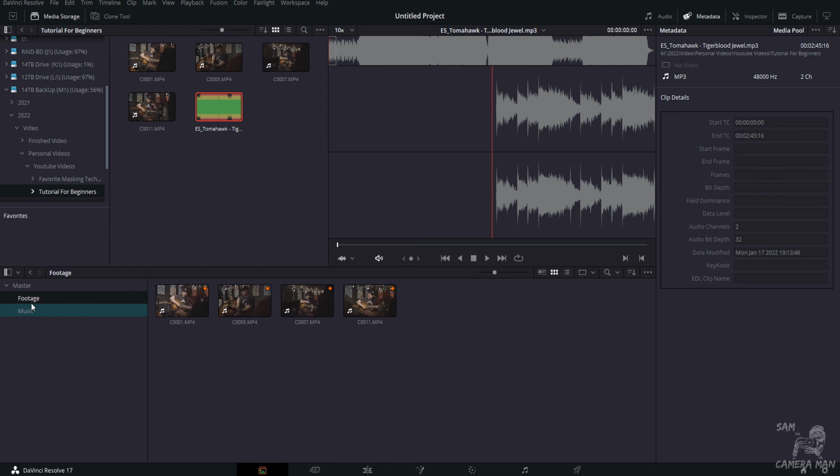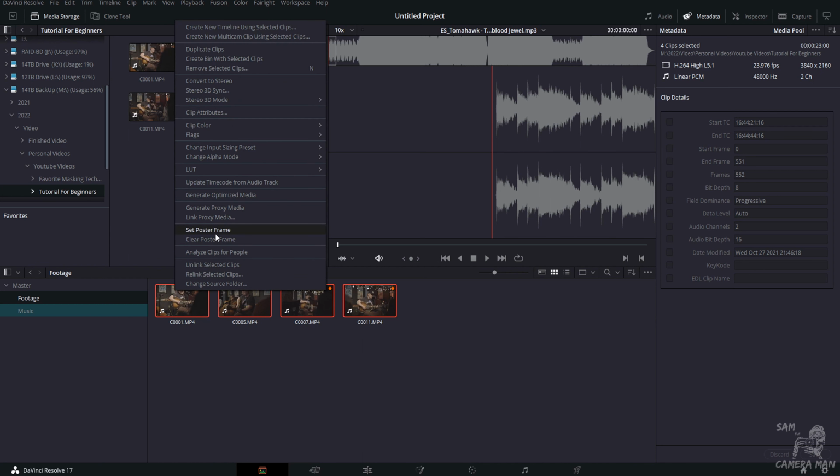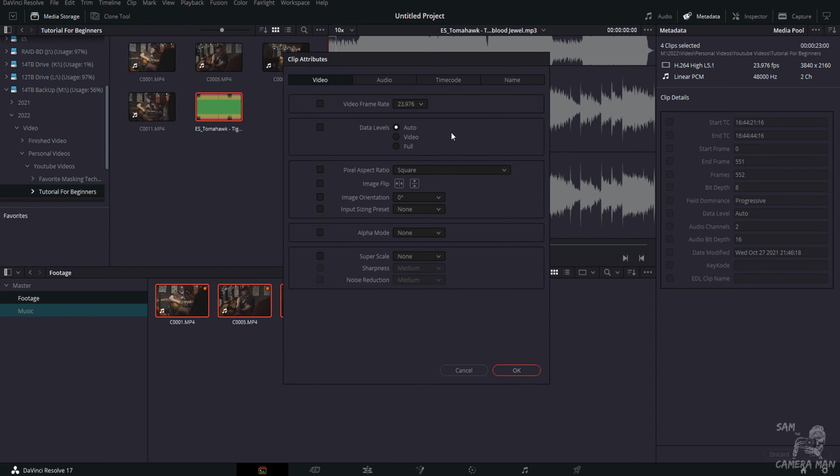So the next thing we can do is, depending on what you're going to have your frame rate on your timeline, and we'll get into that, you can change the frame rate of your videos. If you want slow motion, you can change all of that. So if we right click it and go to clip attributes, I filmed this in 23.976. So it's going to reflect that right here, that these clips are in